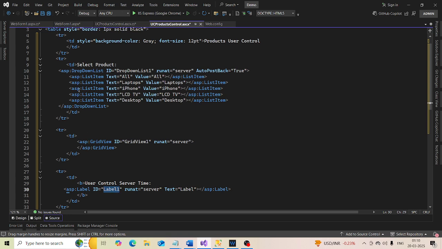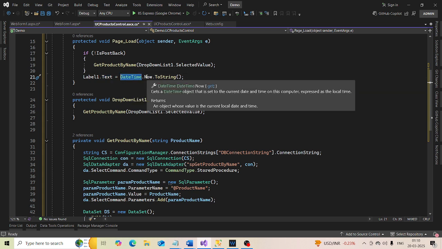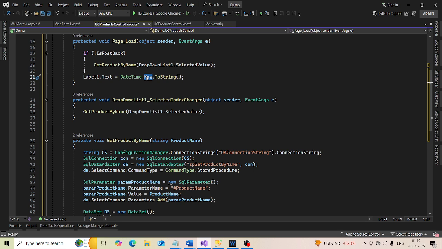So we are basically setting the text to DateTime.Now.ToString,